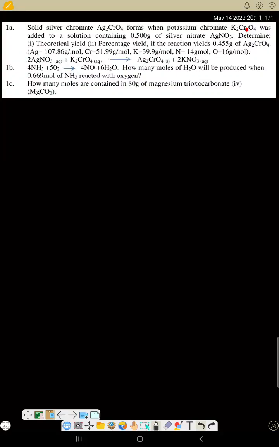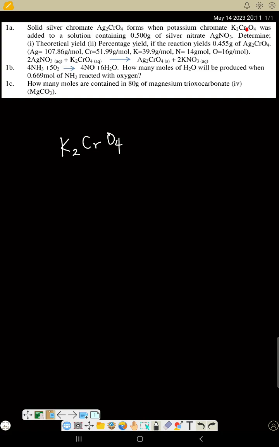So let's start with 1A. Solid silver chromate, Ag2CrO4, forms when potassium chromate, K2CrO4, before they wrote K2Cr2. So this 2 is a typo error. It should be K2CrO4 was added to a solution containing